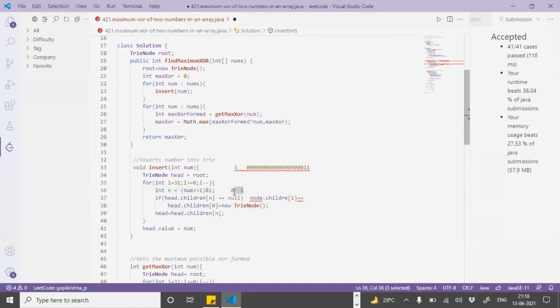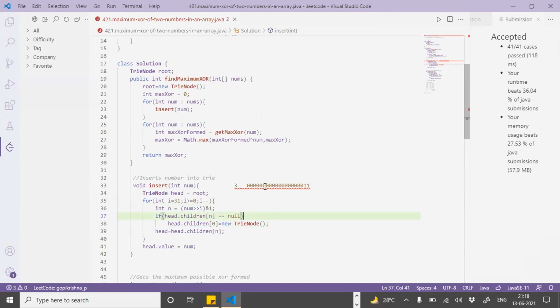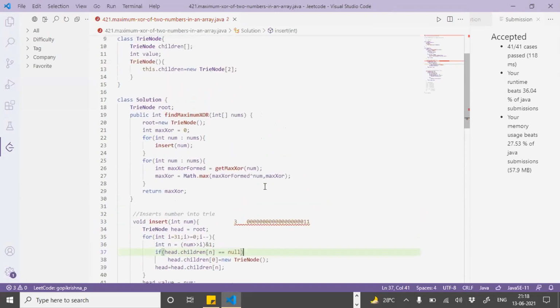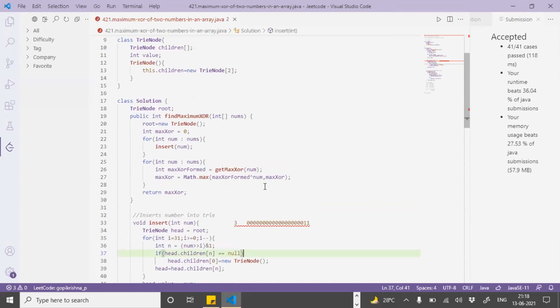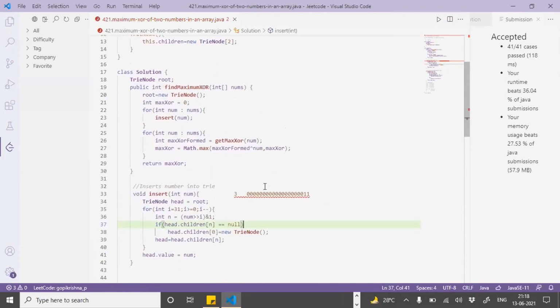Question here. On line 37, we are looking at children of n. So n is the index, right? Yes, n is the most significant bit, which is 0 currently. It's index 0 or 1.